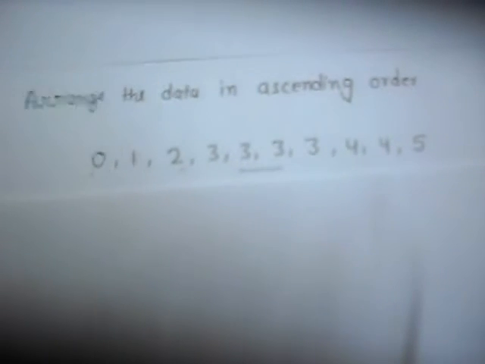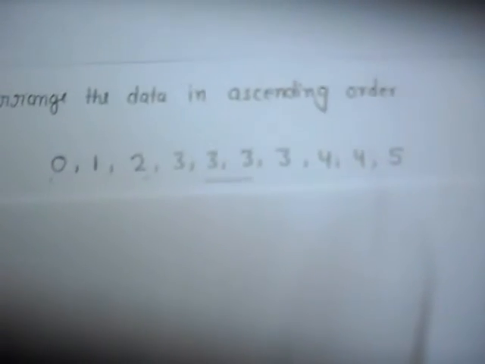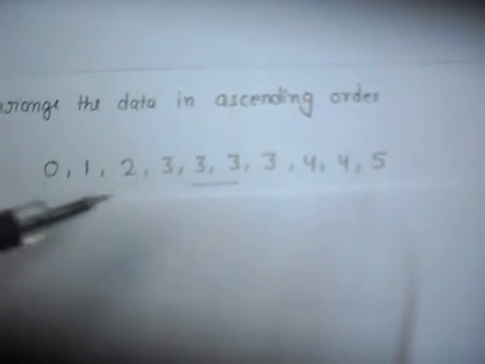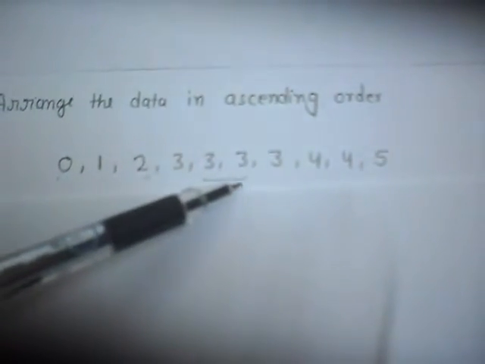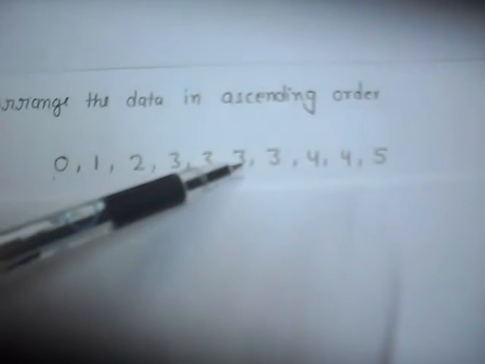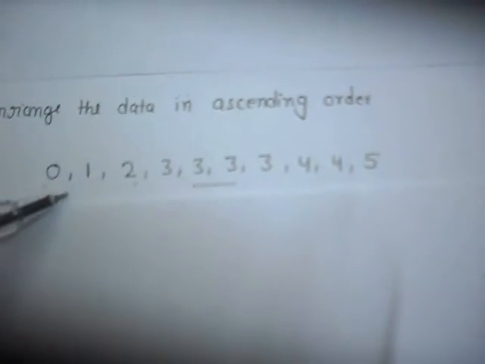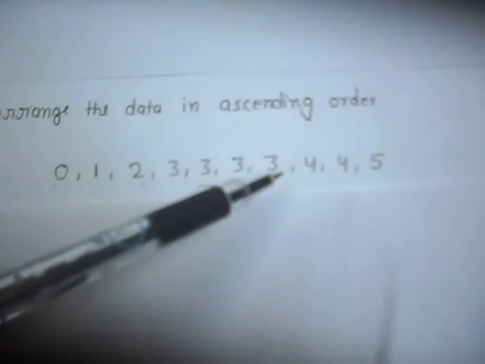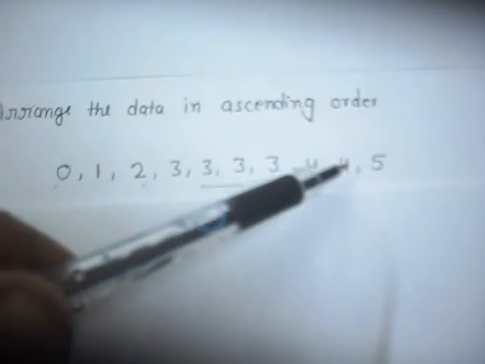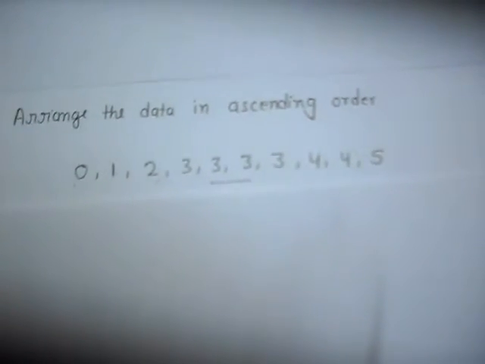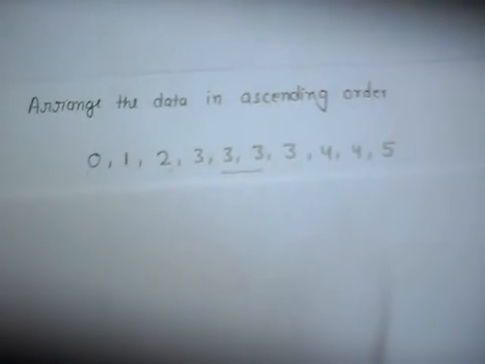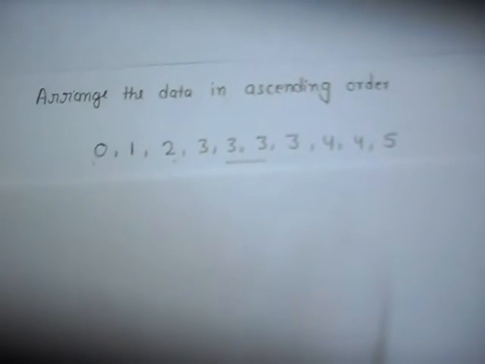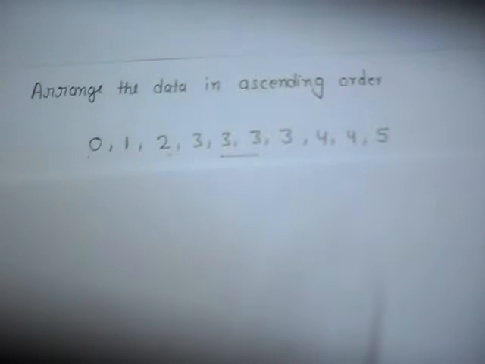In this question you can understand better: when we arrange this data in ascending order, we find the two middle values, which are this 3 and this 3, because on this side there are 4 values, 1, 2, 3, 4, and on this side also 1, 2, 3, 4. So these two 3s are in the middle. To find their average, we just add them and divide by 2.